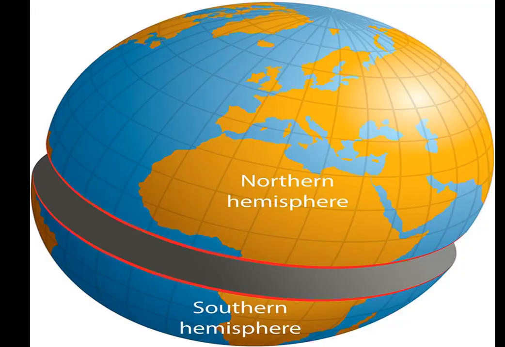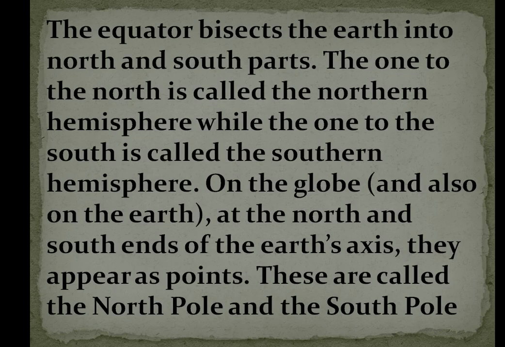So here we can see the next figure, that is the globe. Here this globe has been divided, that means the earth has been divided into two parts, the northern hemisphere and the southern hemisphere. So how is it divided? Now we will talk about these two hemispheres. The earth is divided into two equal parts by the equator. These two parts are known as the north and the south, that is, the northern hemisphere and the southern hemisphere.